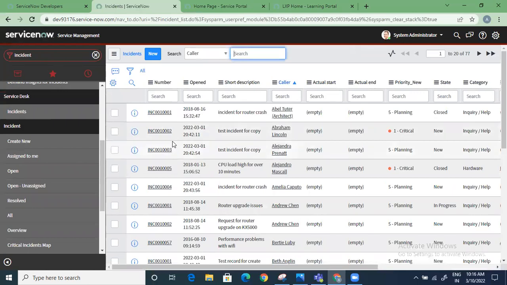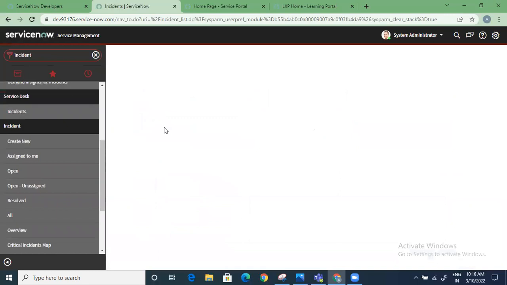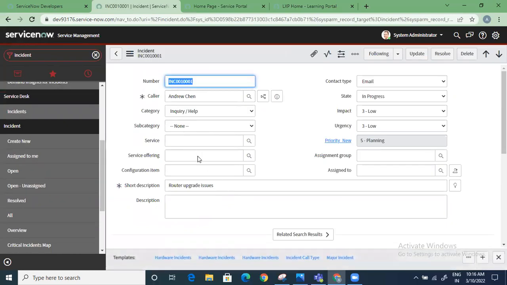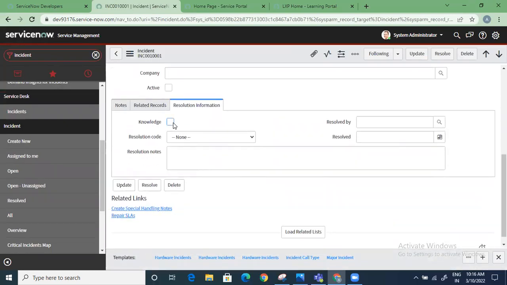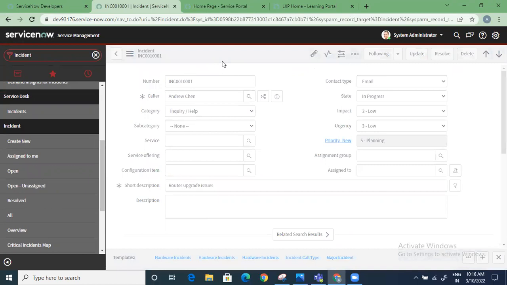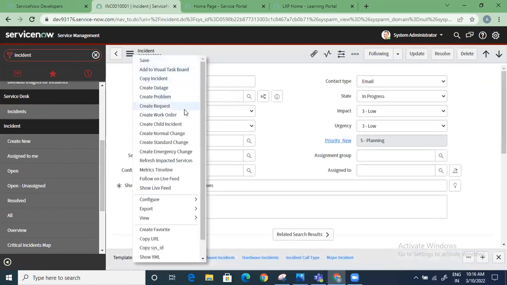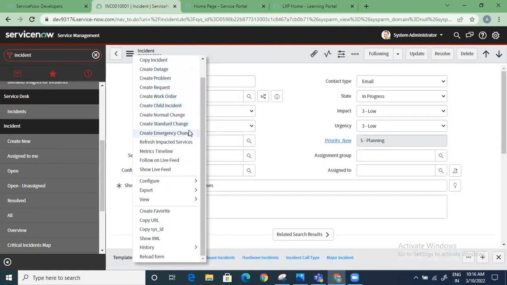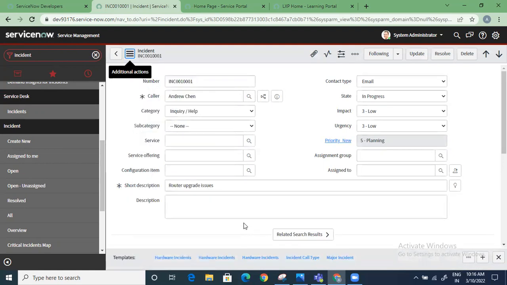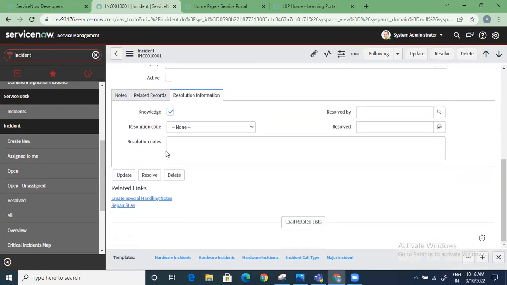Give me a second, maybe something which is in progress. Here I can select knowledge, that I need to create knowledge for this particular article, and I'm just saving this incident. You can see the menu options here, right? So the moment you create knowledge here,